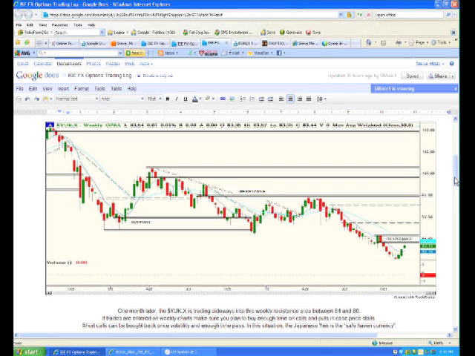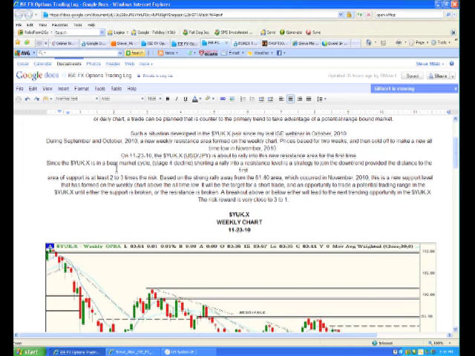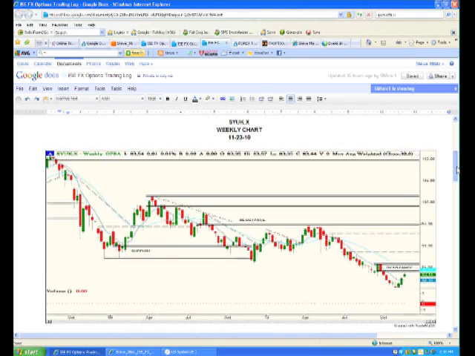So now the support that I'm going to trade this down to is located down near the all-time lows. And since the dollar is in a bear market cycle, stage 4, shorting a rally into resistance is a strategy to join the downtrend, provided the distance to the first area of support is at least 2 to 3 times the risk. So notice how the strong rally away from the 81.40 area is where the support is going to be,